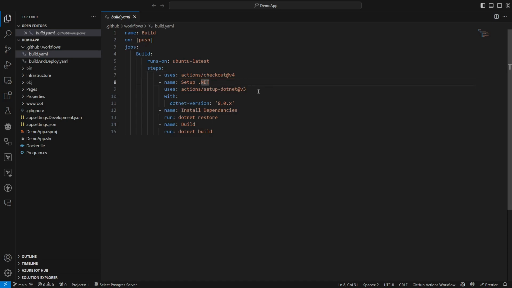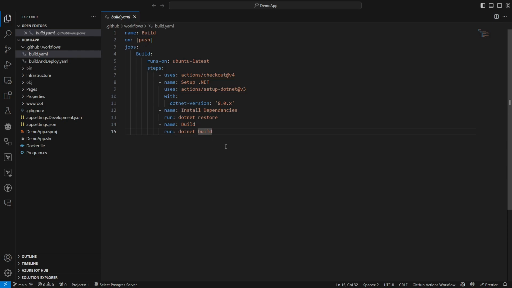We then set up .NET. We use this action here called setup-dotnet, and we tell it what version of .NET we want to ensure that it has on the agent. We then install our .NET dependencies. This is part of the .NET compiler. It will pull down all the dependencies for the application, and then we call dotnet build.